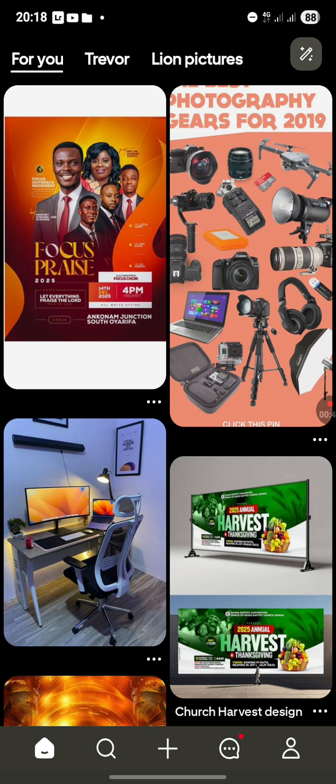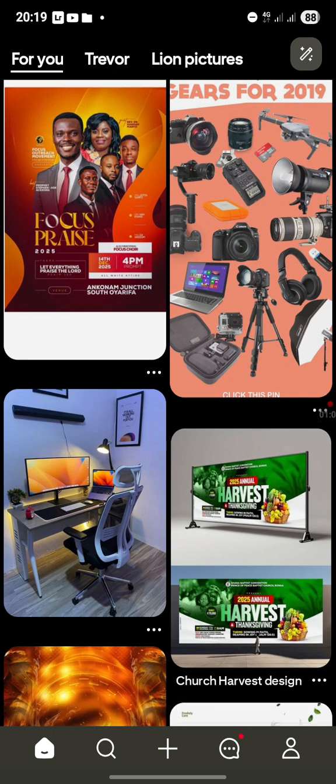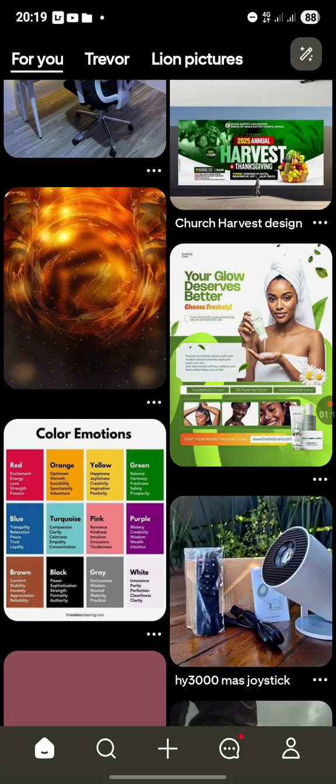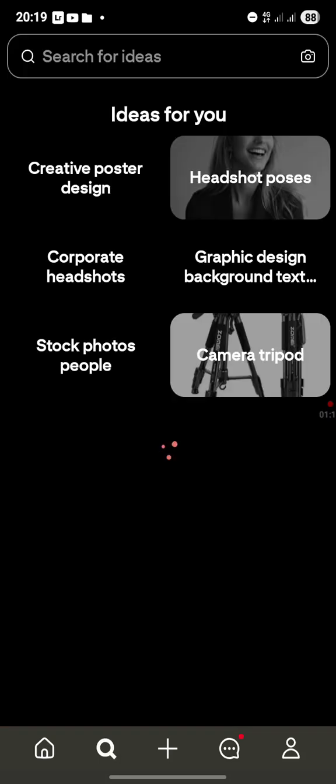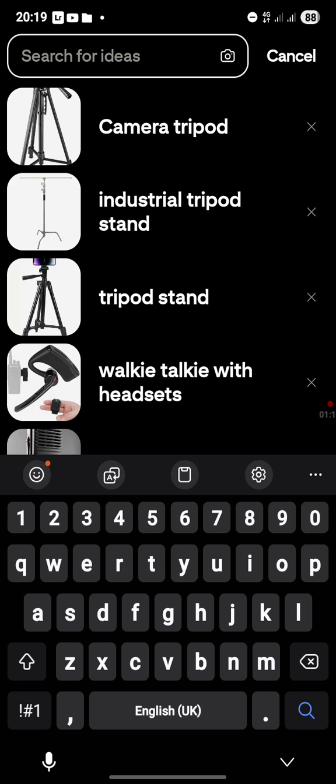All right, so this is Pinterest. When you download Pinterest from Play Store, or App Store for those using iPhones, and you set in your simple details, it pops up like this. The way it works is that the things you search are the things that are going to come up. I think some of you already have this application in your phones. So, for example, if you want to search for church backgrounds, you can just go on this search bar and search church